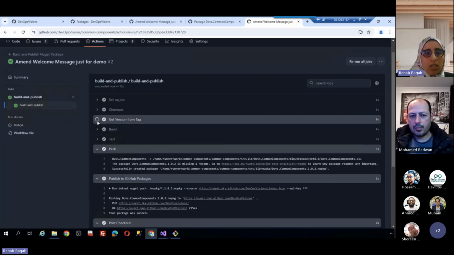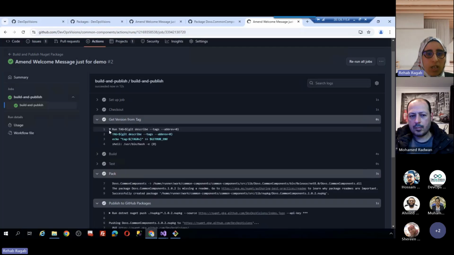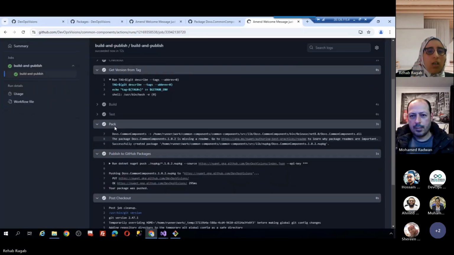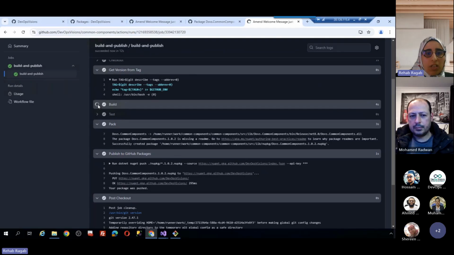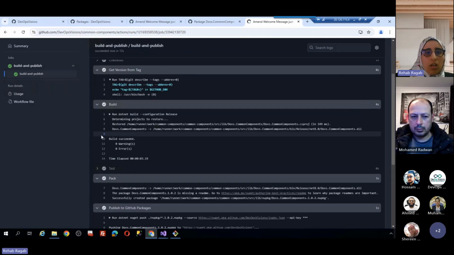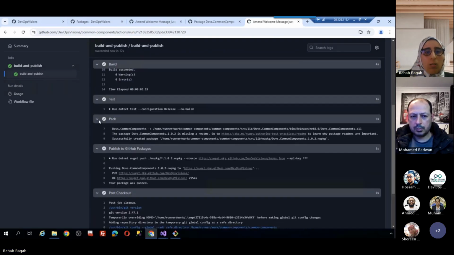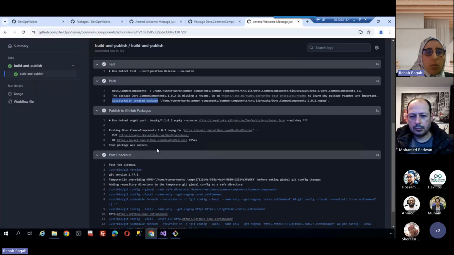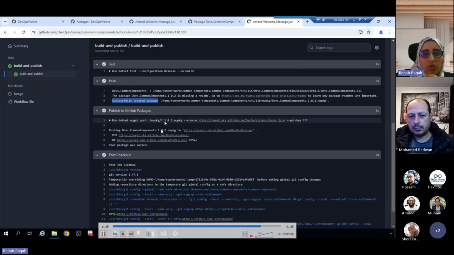So here, this is the task for getting the version from tag. And this is the one for building the application. Build succeeded. Test passed, successfully created the package, and publishing the package. And as you can see here, publishing this version that was extracted from the tag that we pushed,